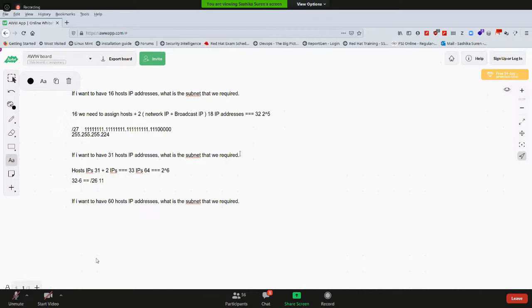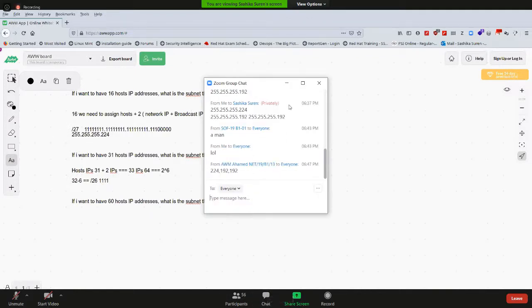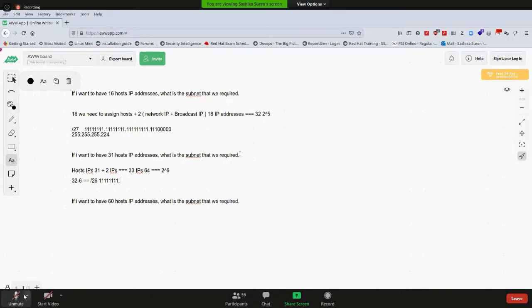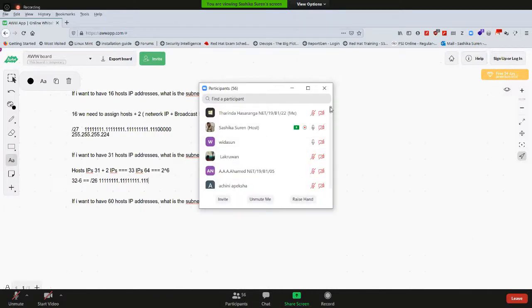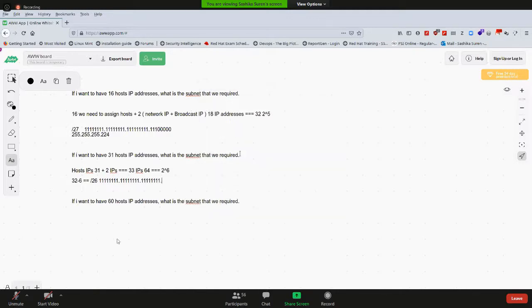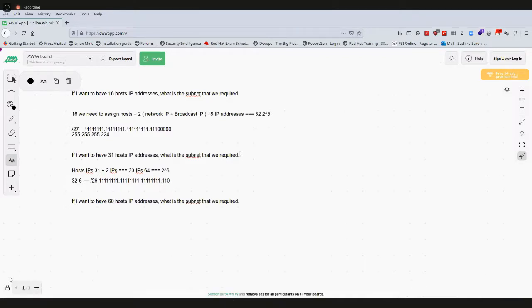That means you need 8 ones dot 8 ones dot 8 ones dot, so 24 ones, 25, 26, and the rest of the bits will be set as zeros. Now the subnet mask goes as